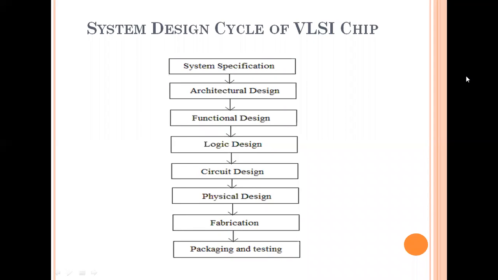So the layout is created by converting each logic component, such as cells, macros, gates, and transistors. All these are logic components. Those logic components are converted into a geometric representation, which is called a layout, and it performs the intended logic function of the corresponding component. So this is the physical design.